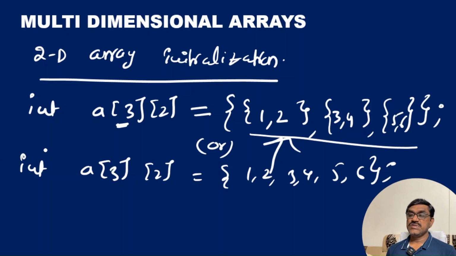How to read the elements into a two-dimensional array? When we want to read the elements into a one-dimensional array from the keyboard, we use one for loop. When we have two dimensions, you have to use two for loops, because we have two dimensions. Now coming to the three-dimensional array,